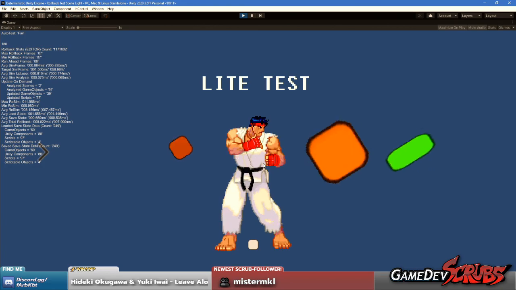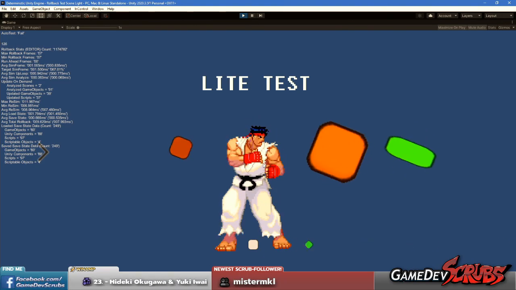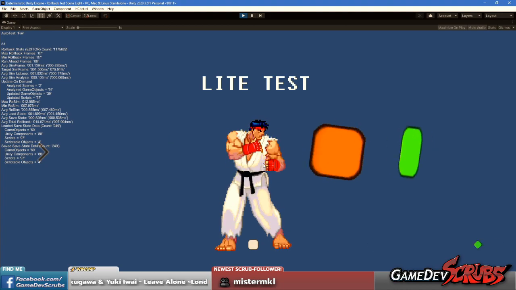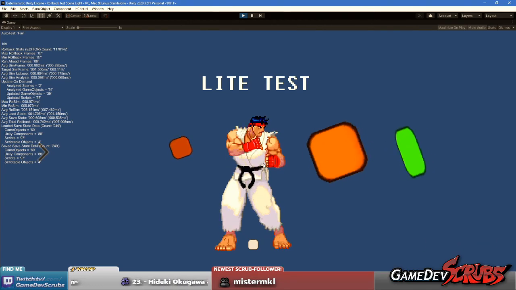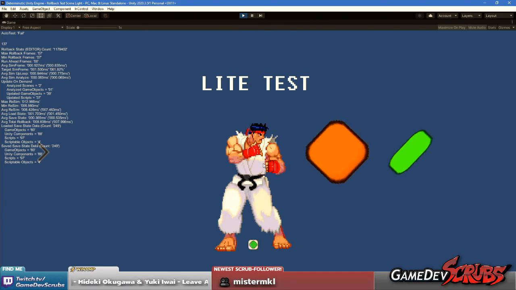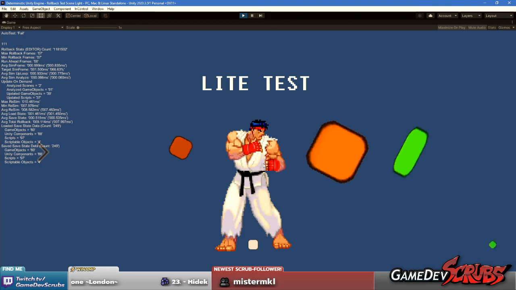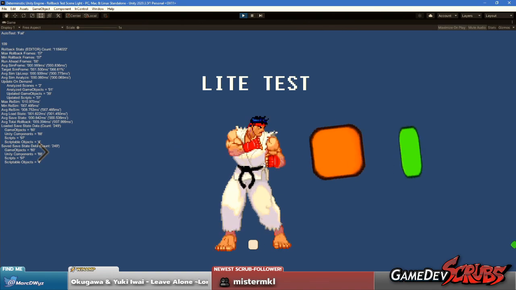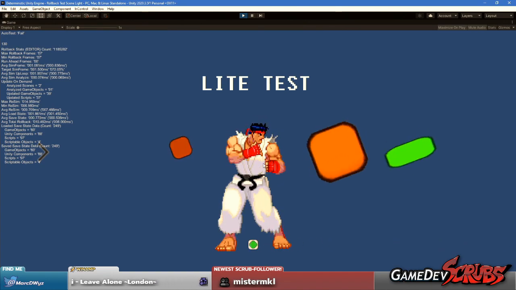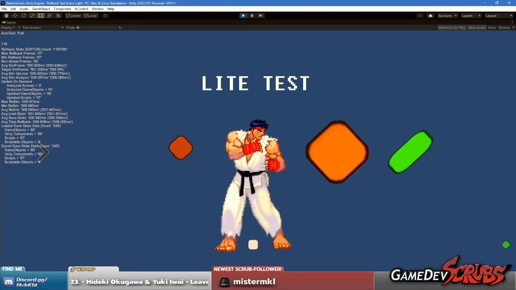So here's the dirty trick. Here's the secret. Input data is so small that you can just send a whole bunch of them. In fact, what GGPO does is, say the timeline convergence is on frame 10. Well, frame 11, it sends the input for frame 11. On frame 12, it sends the input for frames 11 and 12. On frame 13, it sends the input for 11, 12, and 13, and so on and so forth. It keeps piling on more inputs, and it'll send like 4 or 5 at a time, every single frame.